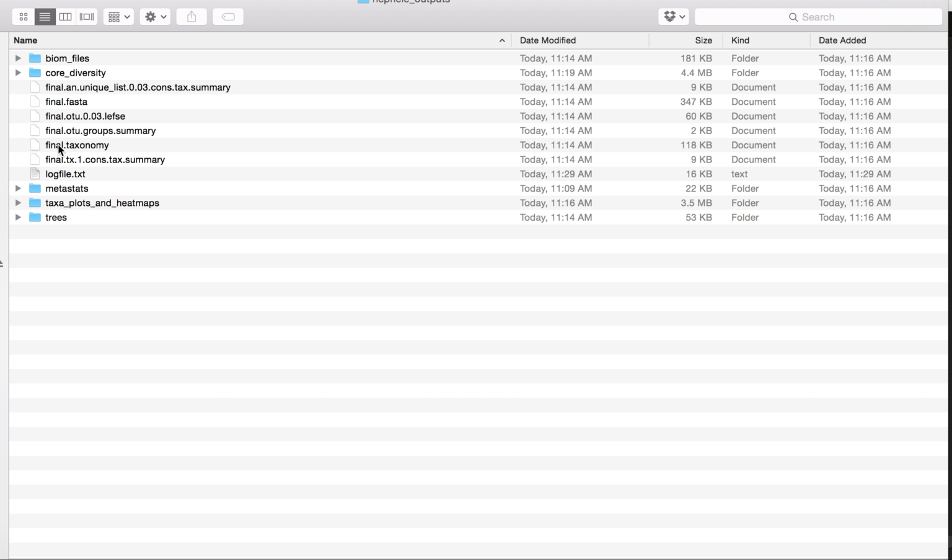These files here are a variety of different final files. If you would like all of your files, you must download the work folder. That includes all the intermediate starting files as well. This is your text summary. The final.fasta is a FASTA file that contains all of the reads that were used to generate the OTU assignments